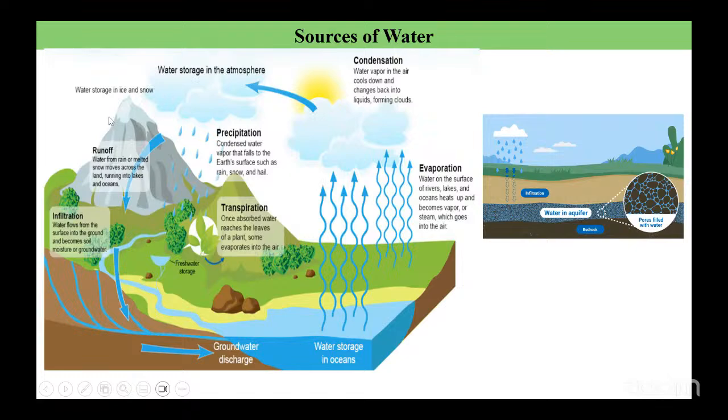The major source of water is trapped in the glaciers, that is the snow mountains, and water storage in the form of ice or snow. These days we are seeing more glaciers melting, due to which there is an alarming rate of sea level rise, due to which again there is climate change. So every aspect of the atmosphere is driving into major concerns for survival.